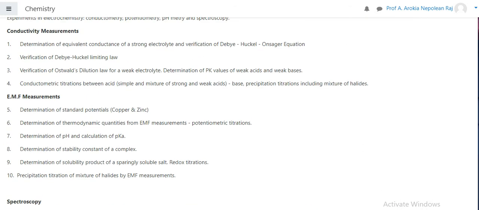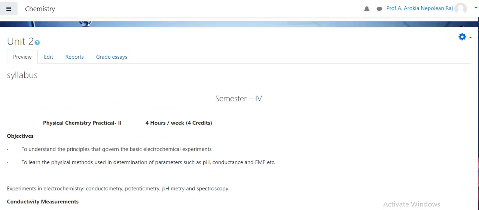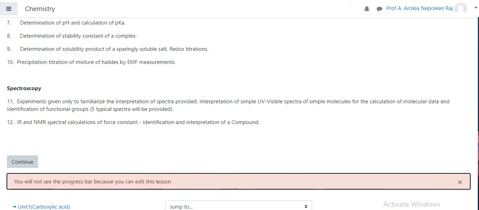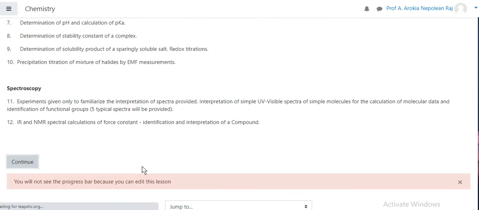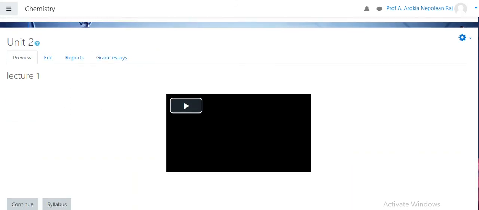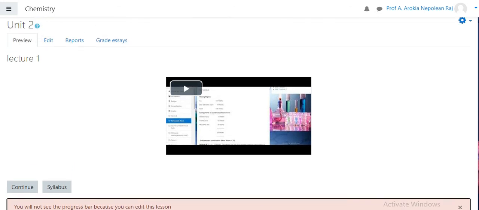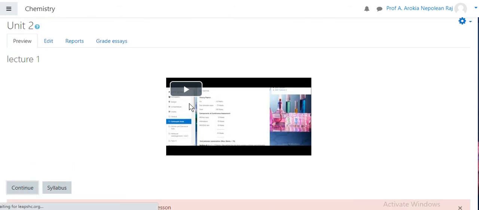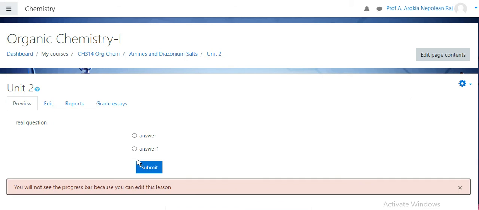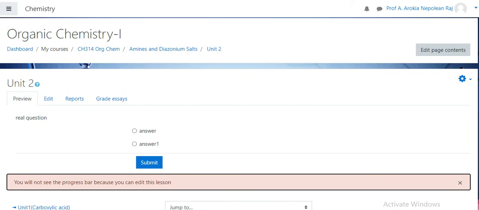This is how the page will look. When a person goes into that, this is the first page we created, and that appears here. And if they continue, it will go to the lesson. If the person clicks here, that will be played. Then continue, we created this quiz. You have to answer. I think we have given only 2, and therefore only 2 options appear here. Right, I think I have explained how to create.